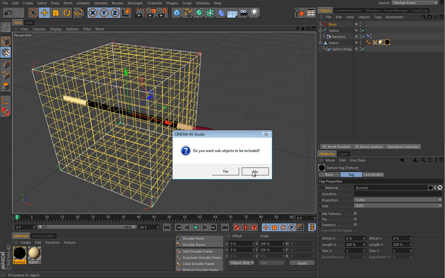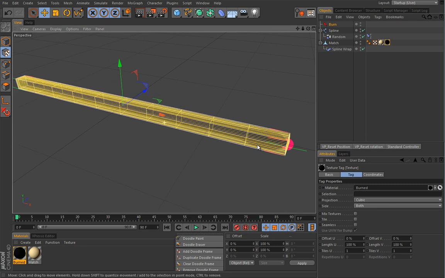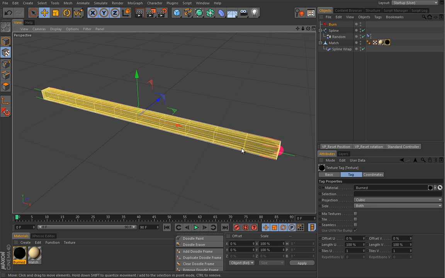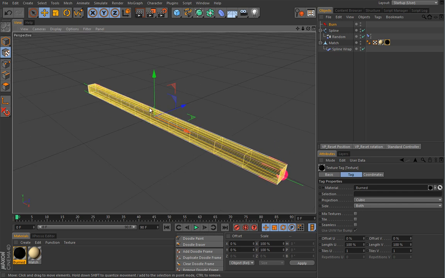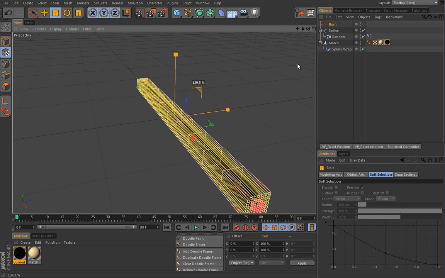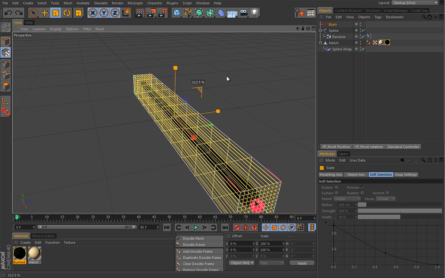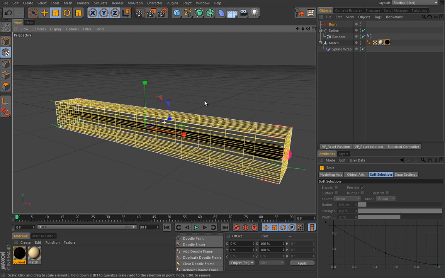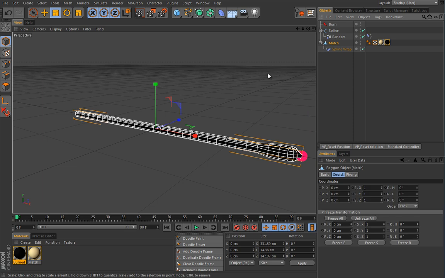In this case I can say no, and it will really fit nicely around that match. You can even scale this just a little bit in this mode, but only in 2 axes. So I have to keep the length the same. So maybe something like this, just to have a margin, because once this guy becomes deformed, it shouldn't